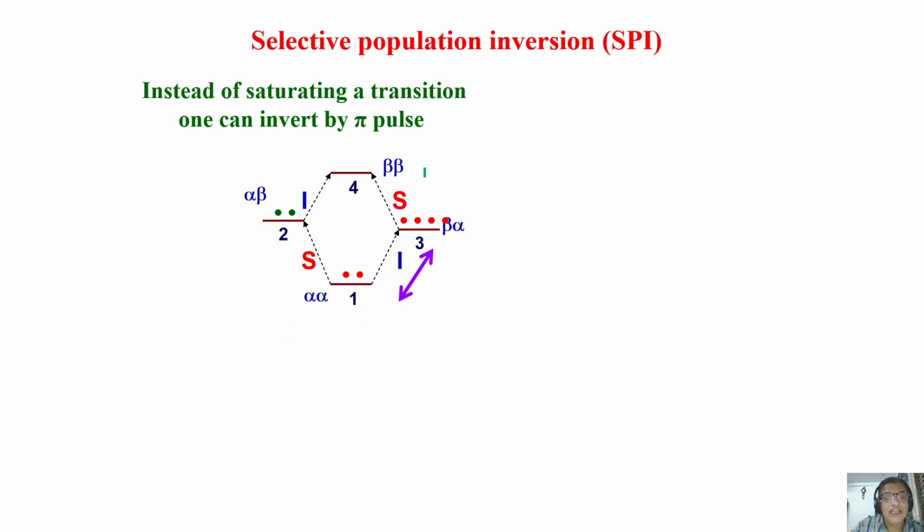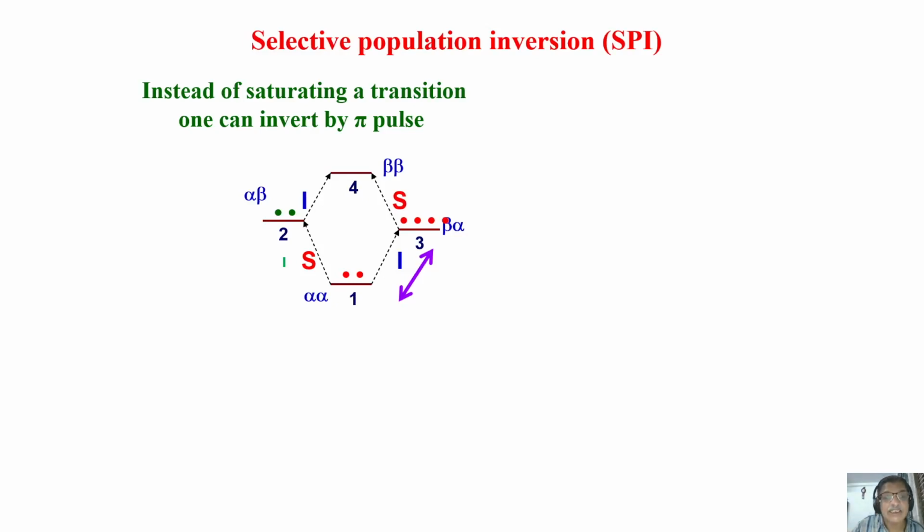So what it does is an inversion pulse. The populations, instead of saturating, I'm inverting between these two. Same transition I took. Before saturation, it was 4-2. After saturation, it became 3-3. Now in the inversion, the 4 which was here went here, the 2 which was here came back. Just the population between these two states got interchanged. That's all I did. This is called selective population inversion.